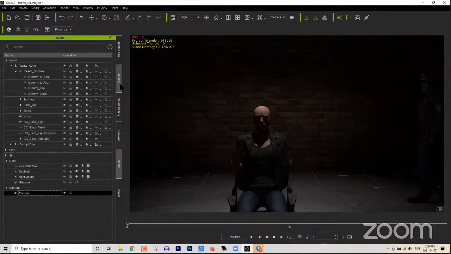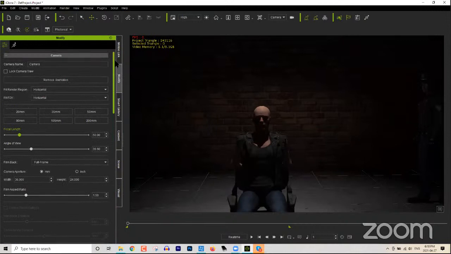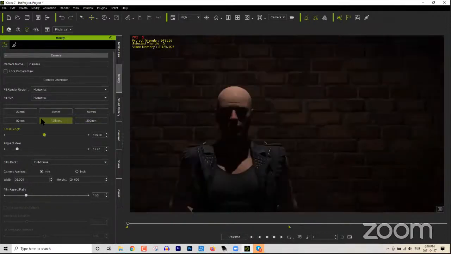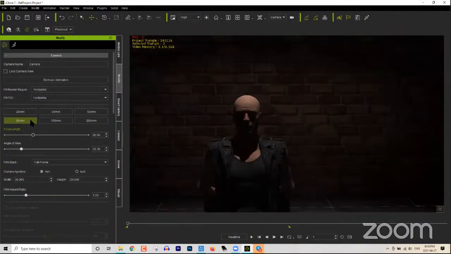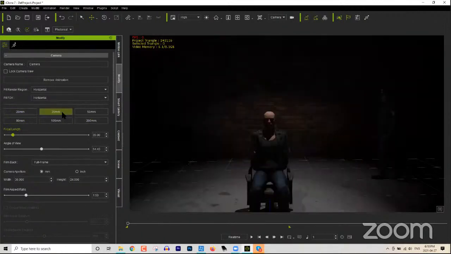Camera selected. There we go. Very important is the focal length. If I change it to like a 50mm focal length or 200mm, notice that the higher the focal length here, the closer the background seems. Okay, so if we go to 20, you can see right now it seems that the officer is way further behind him. 35,